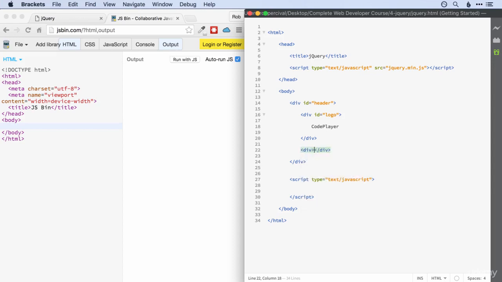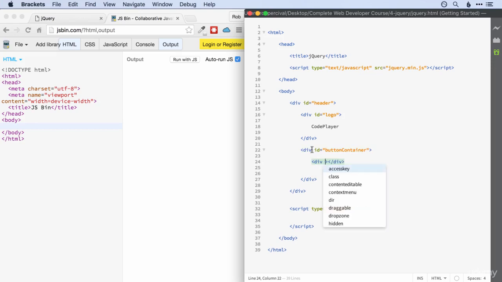So let's have a div to be our button container, and then within that we'll have our buttons. So I'll give it a class of toggle button, and the first one's going to be HTML,